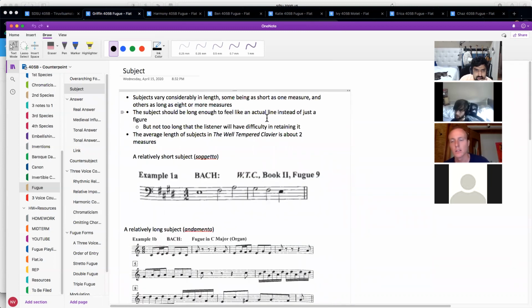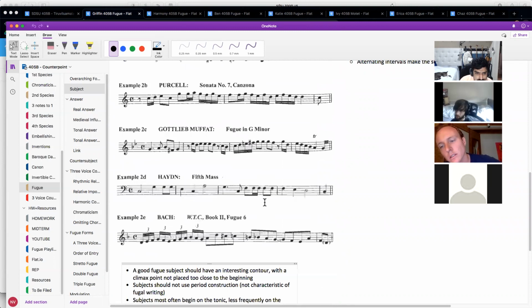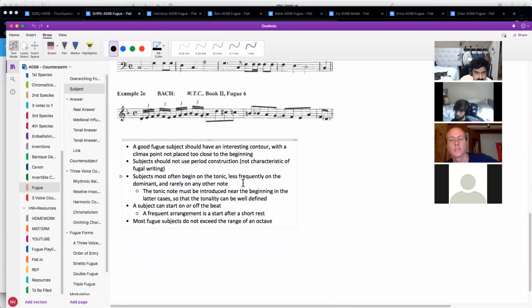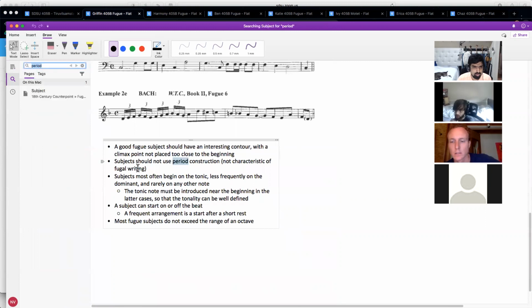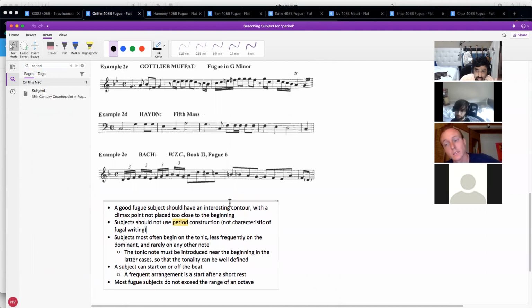Subjects should not have period construction. That's something I lifted from the book. Where did I write that? Oh yeah, subjects should not use period construction. That's all they said about it, and my interpretation is that, I mean, I guess when I think of a classic period construction, I think of,